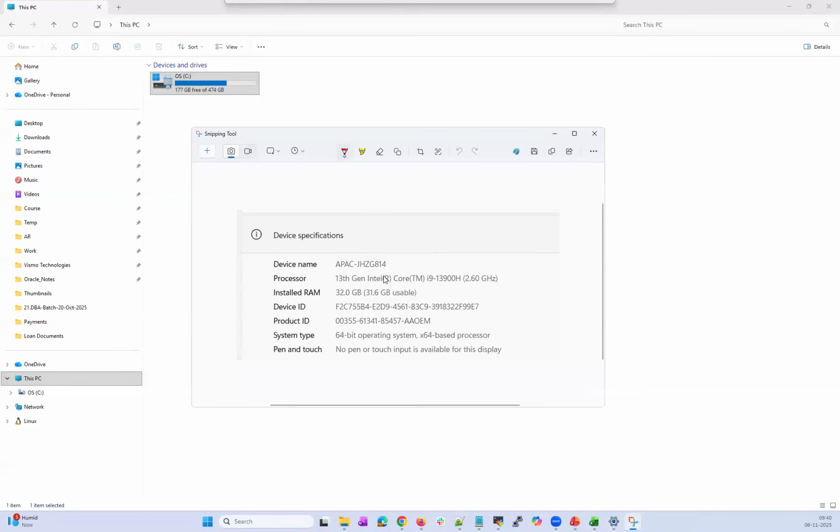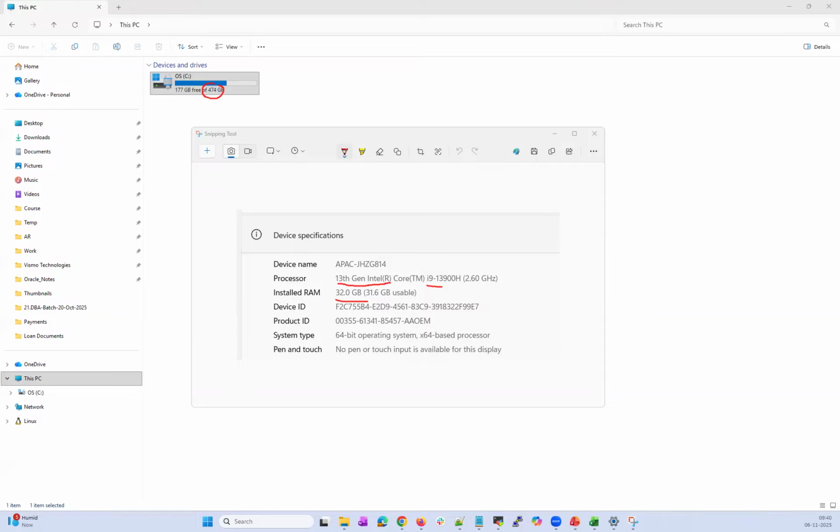Your 13th generation, that's the latest processor. And i9, 32 GB, and then a 500 GB SSD hard disk. So with this kind of laptop, you can run your VMs, RAC,